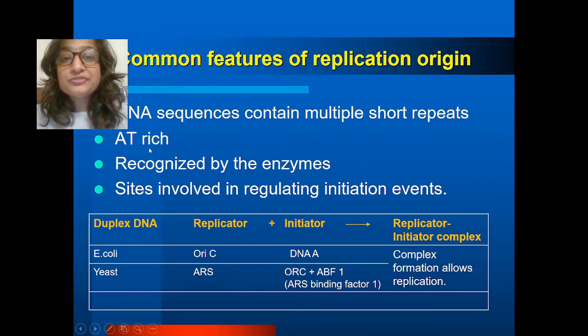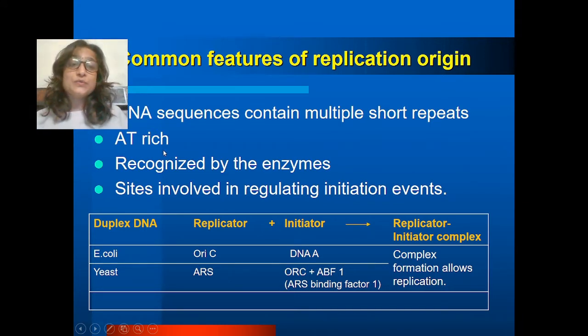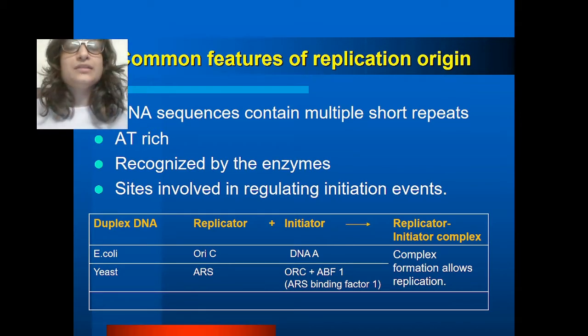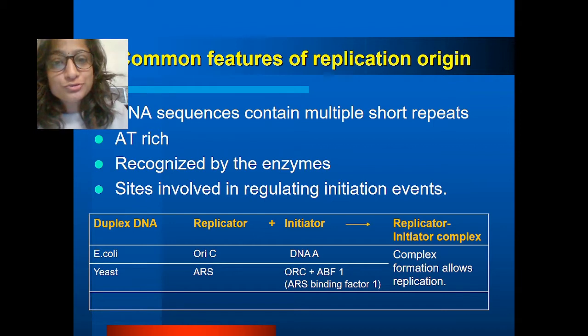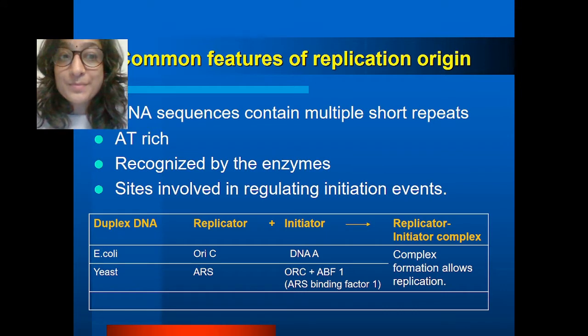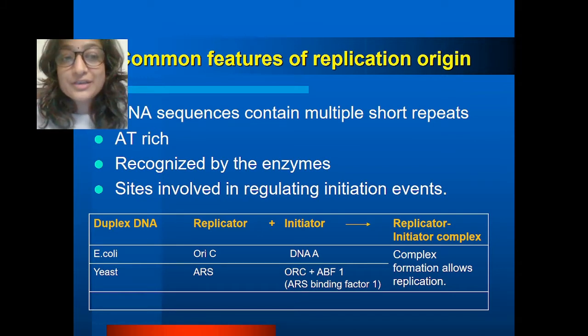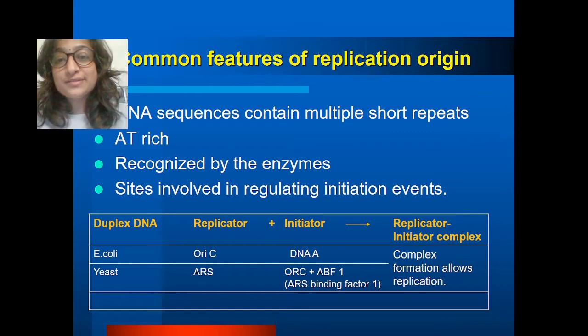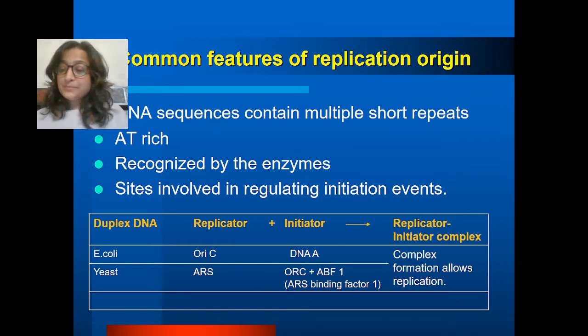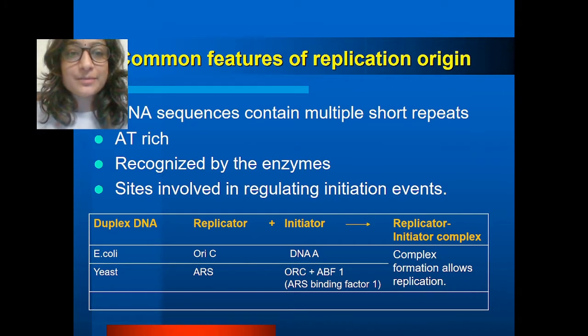Then most of the sequences are AT rich. So there is an advantage to why the sequence is AT rich. This is because the bonds between A and T are relatively easier to break as compared to GC bonds, because for replication to proceed you need your DNA to be melted, and the presence of AT bonds facilitates the melting of DNA as compared to GC bonds, since AT bonds consume less energy to be broken down.